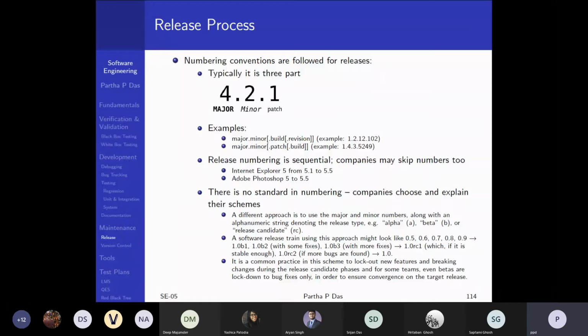Numbers separated by dot. The first one says the major release number. Then within that you have the minor release number, and then within that you have the patch release number. More often, the releases would be sequenced in terms of the numbering, though out of sequence things may also happen, because after you have released 4.2.1, there may be a bug reported for a customer who is using 4.1.3, and you may need to release a 4.1.4 after you have released 4.2.1, which means that